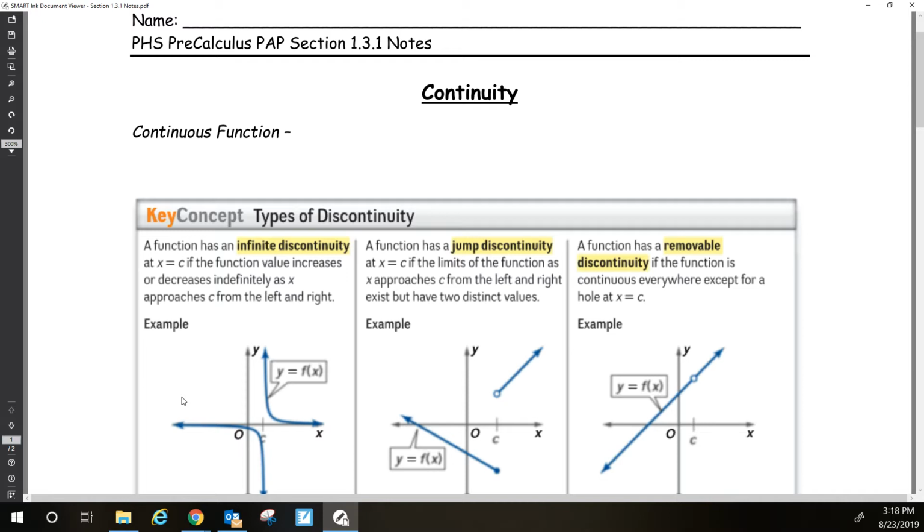These aren't going to be too long. That's the good news. But we do have some notes. We're going to talk about continuity and, more importantly, types of discontinuity. So for a continuous function,